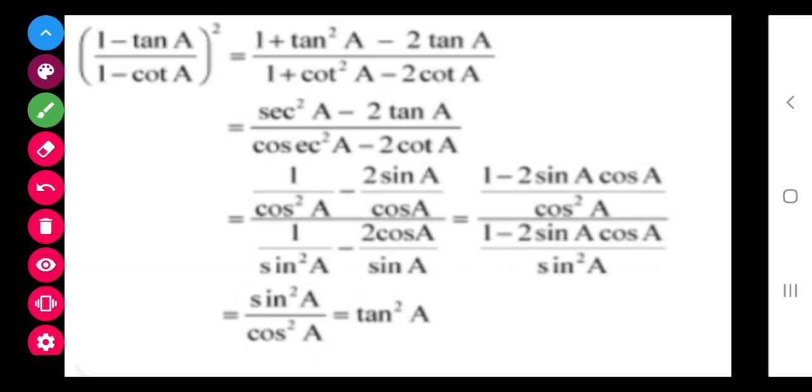So class, view this video again and again. You will understand better, because this is not a one time show. We have to do this again and again and again. Many questions are there to be solved. Don't think that these 10 questions are enough to solve the identities. You should know more tricks. So I will give you some more questions after the syllabus. We will go with more and more questions. But by the time you learn all the tricks I have used in these 10 identities, that's all class.